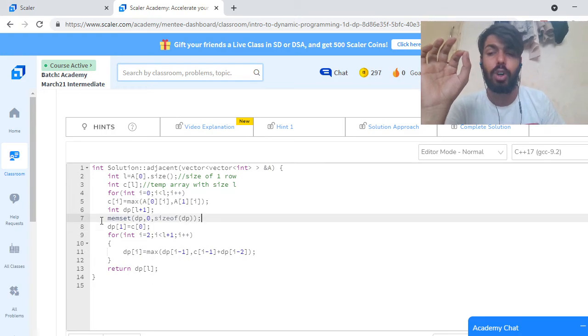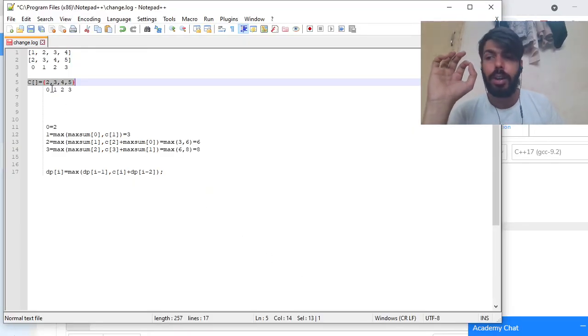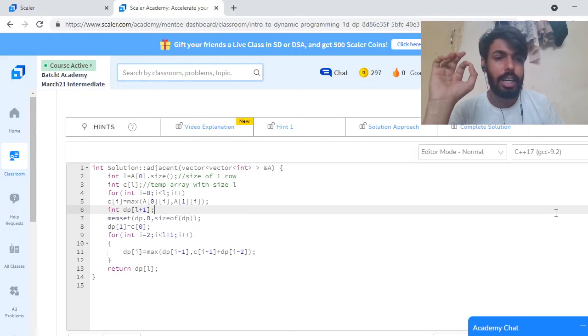DP of 1 will be C of 0, meaning if I select only the first element, the sum will be C of 0.